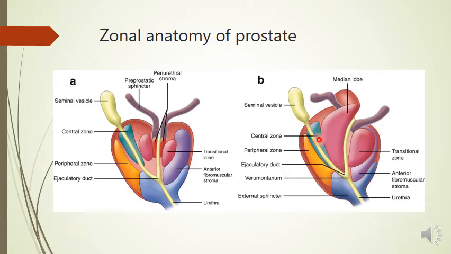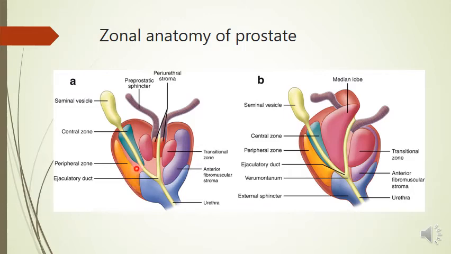This is the central zone. Then the next one is the transition zone. The transition zone lies around the distal part of the pre-prostatic urethra and just proximal to the apex of the central zone. So this one is the apex of the central zone. So just proximal to that we will see the transitional zone here. Here this one is the pre-prostatic sphincter and these two are the periurethral stroma, and this is the transitional zone, and this one is the central zone, and this is the peripheral zone. Okay,